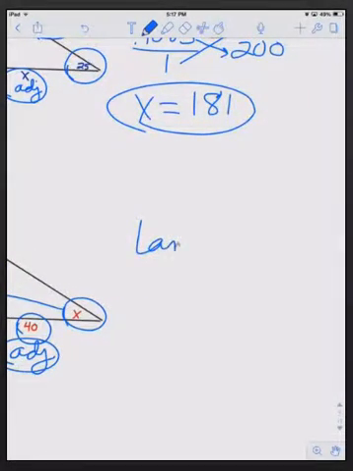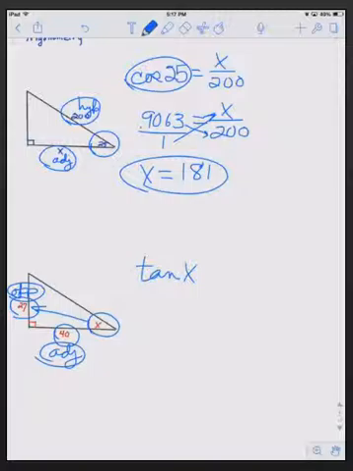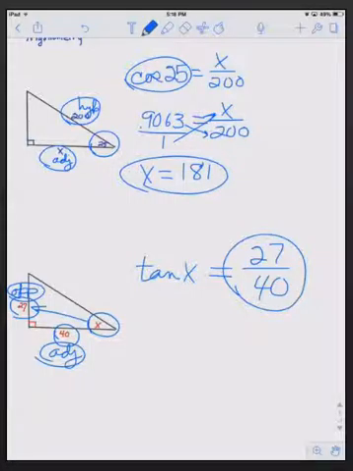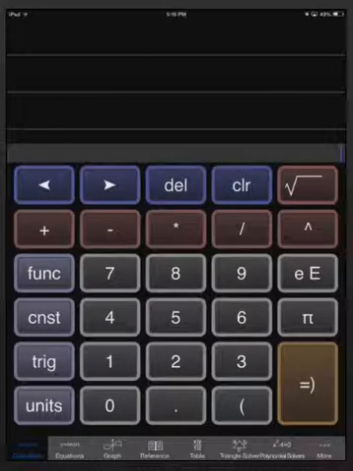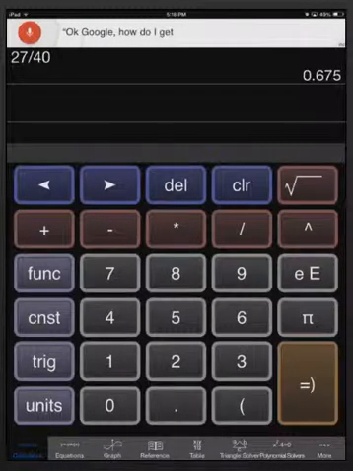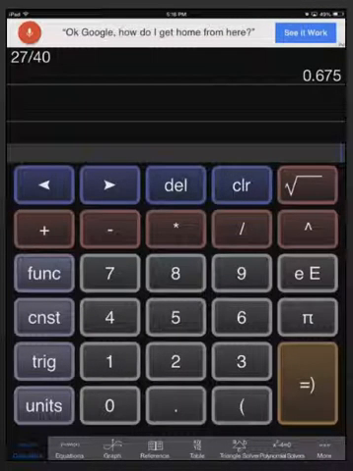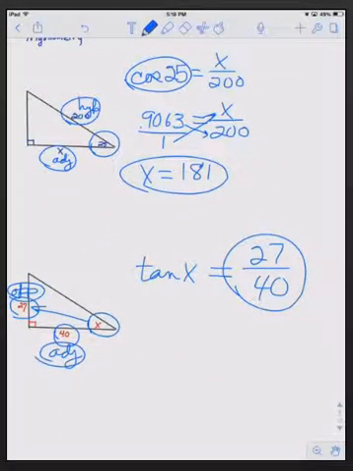So we state tangent of the acute angle that we have circled, or the acute angle that we're looking for, x, equals opposite over adjacent. So we're going to take this fraction and change it into a decimal first. So taking the calculator, we're going to take 27 and divide it by 40. And we get 0.675. So we have the tangent of x equals